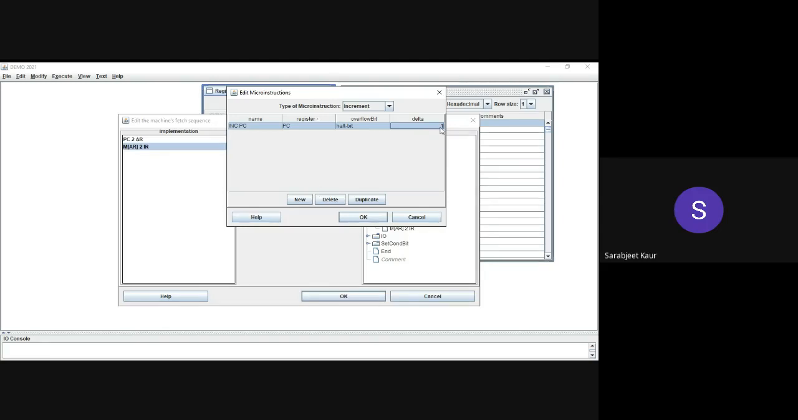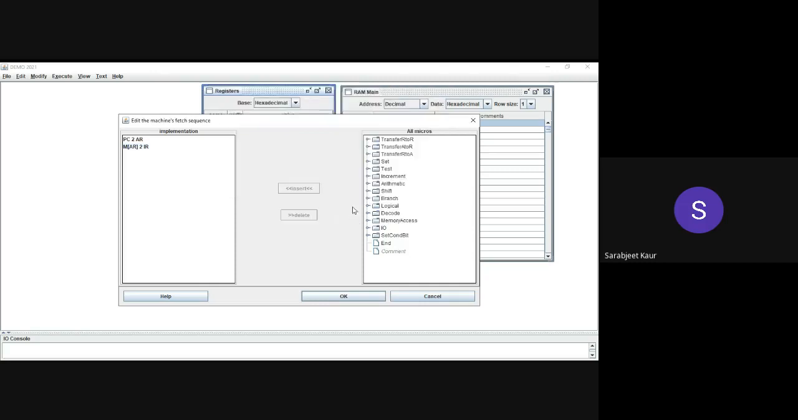If we had to do PC is equal to PC plus 2, then we would have given 2 in delta, right? So I'll say okay here, and let us transfer that here, right? And after that, this fetch phase is complete, but as I told you, in CPUSim, in the fetch